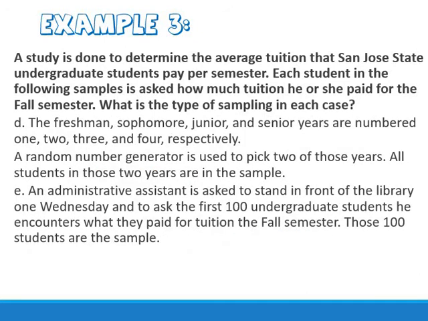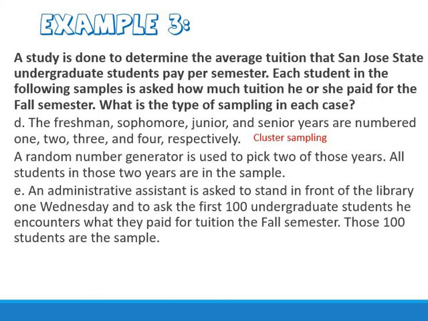The freshman, sophomore, junior, and senior years are numbered 1, 2, 3, and 4 respectively. A random number generator is used to pick 2 of those years. All students in those 2 years are in the sample. So that is cluster. You see, that's the opposite. If you look back at part A at the stratified, this one's your cluster, and you can see the difference